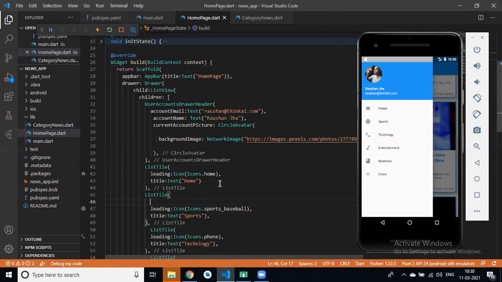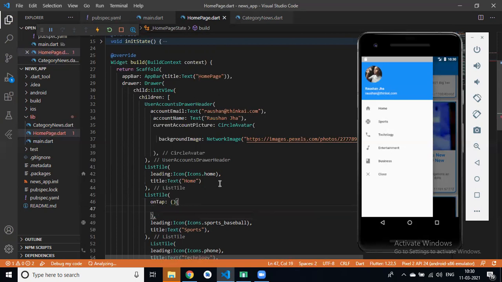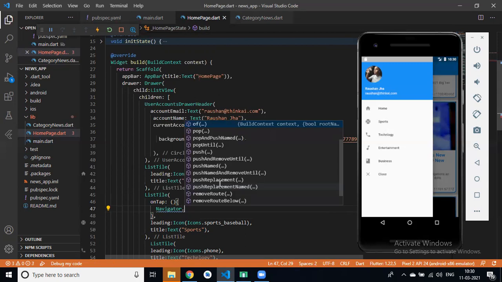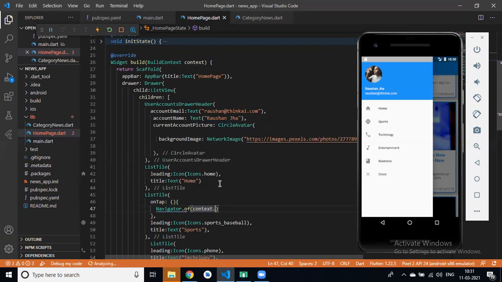On tap of, like first, on tap we have a property onTap, right? In onTap we have Navigator. Navigator.of(context), then pop.